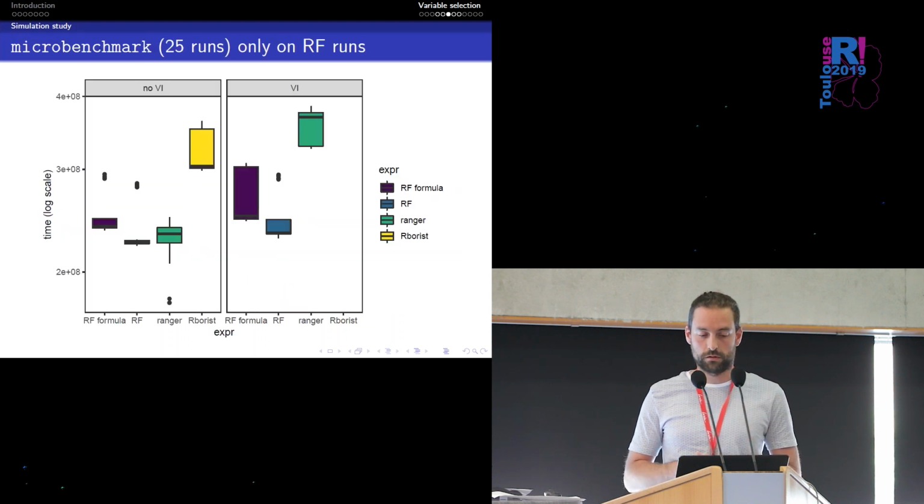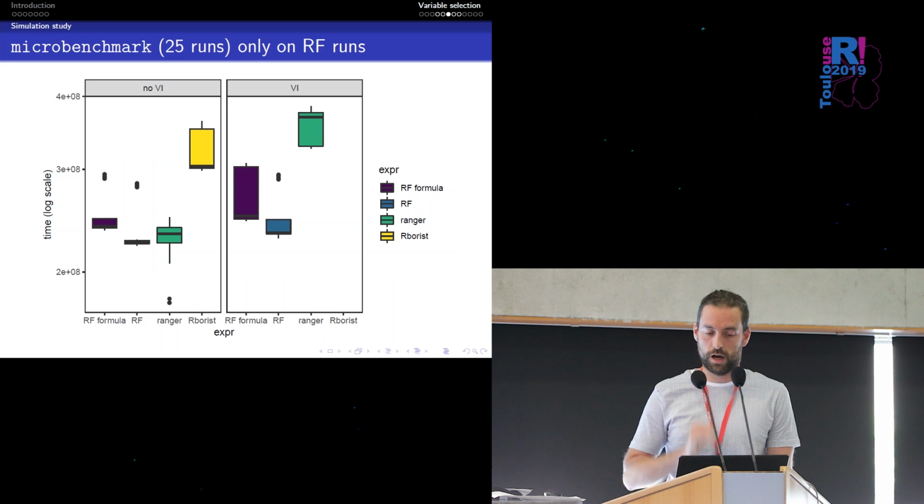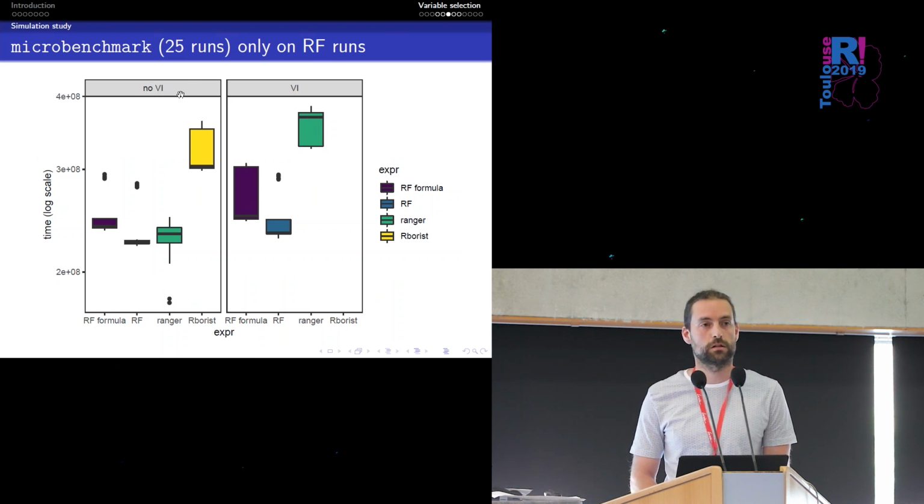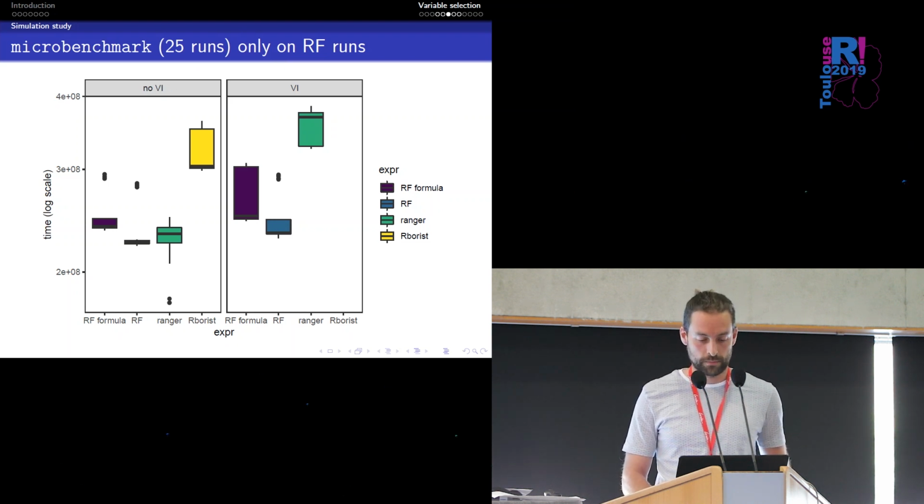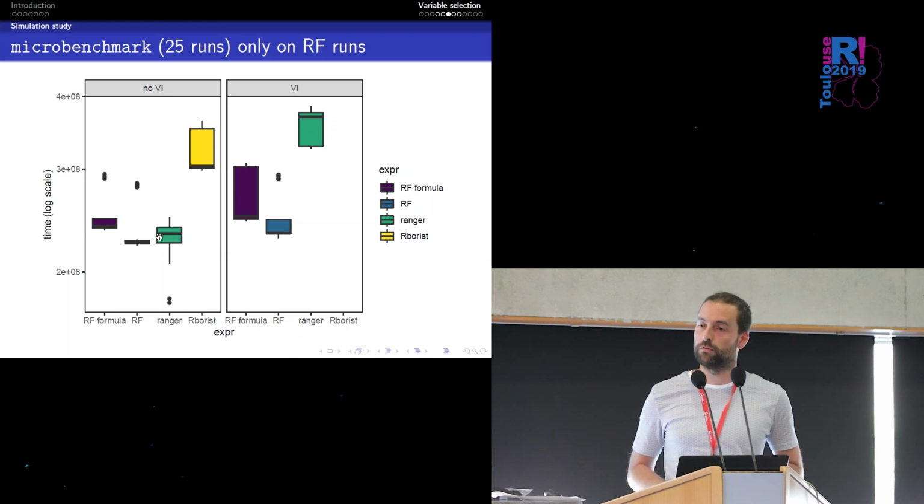And so just to understand what's going on, I only look at computation times of a random forest. On the left, when no variable importance is computed, and on the right, when VI is computed. The main message is that, as you see for ranger, when you ask for variable importance computation, the computational time rises significantly, whereas random forest is quite stable, and actually Arborist does not give you the possibility to